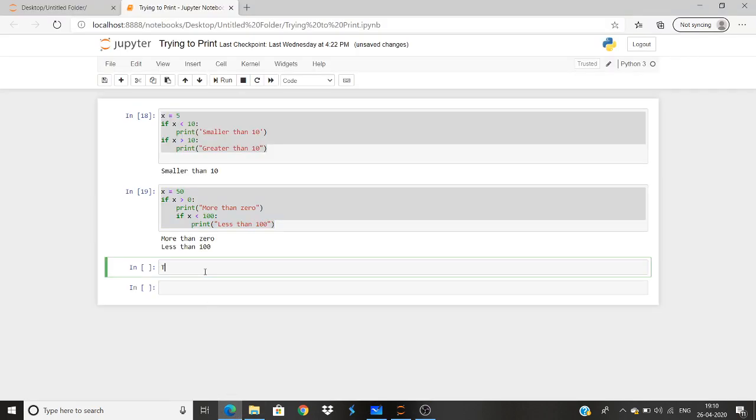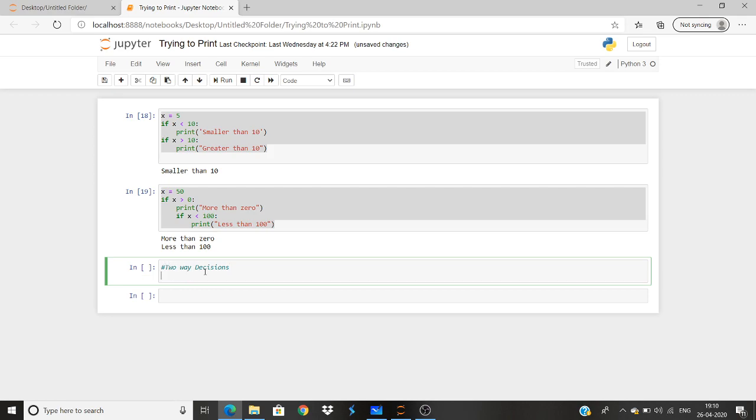Now we'll dive into something known as two-way decisions. As I taught in my previous lectures, we can just comment this out so that you can understand what we are doing. So we'll now discuss two-way decisions. This is where else comes into the picture.